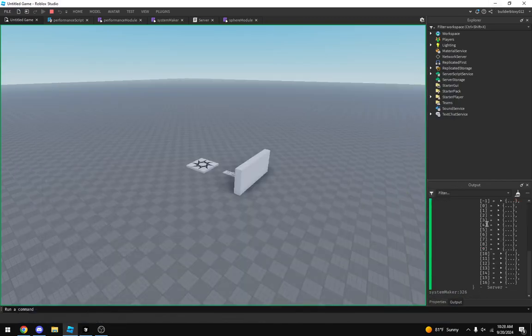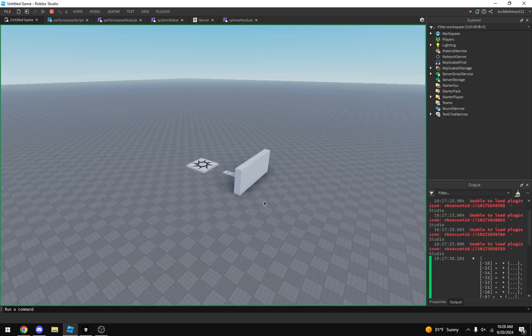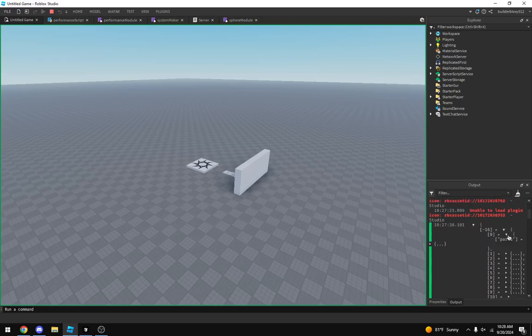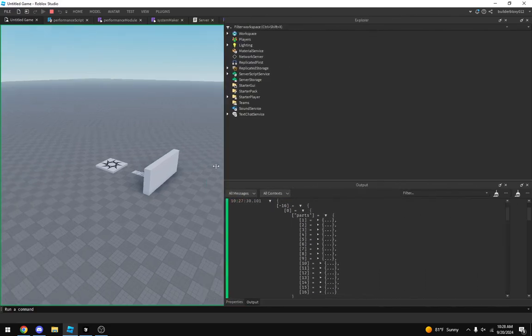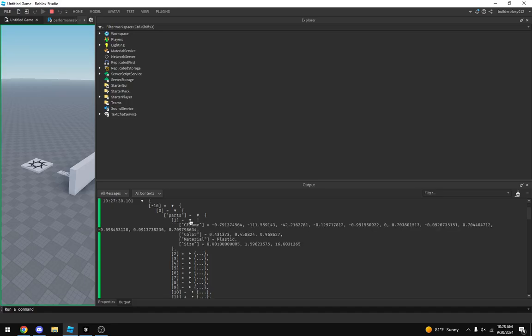Here we go. Holy shit, this is a lot of... C-frame, color, material, size.